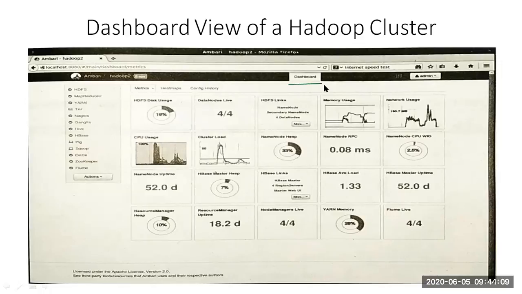These are all multiple small widgets which will help you to access information about your system, like hard disk usage 19% and data nodes live. How many nodes are live?